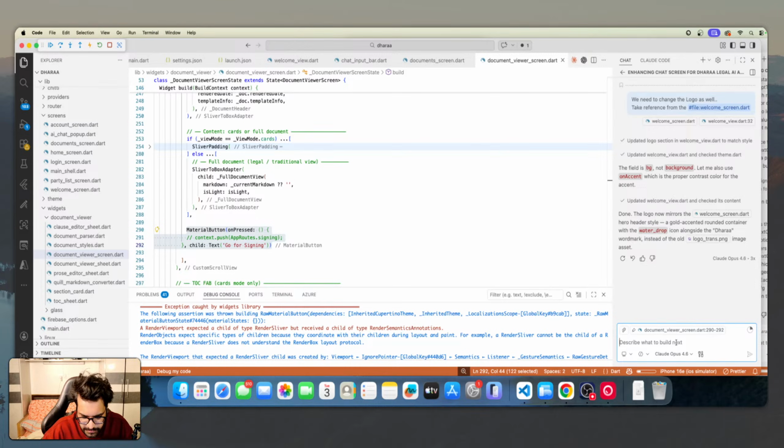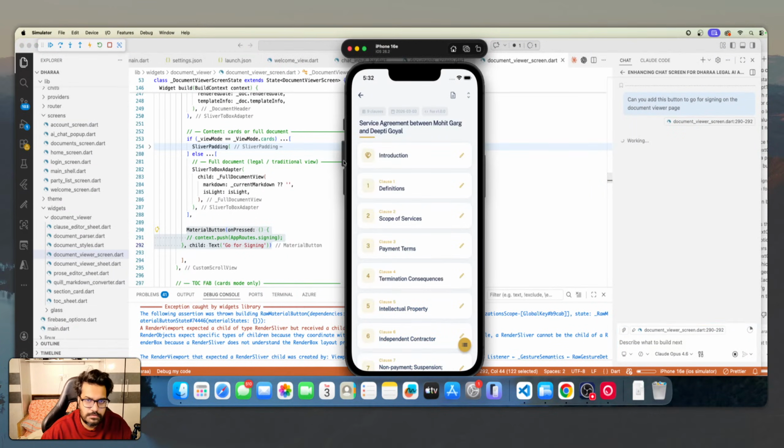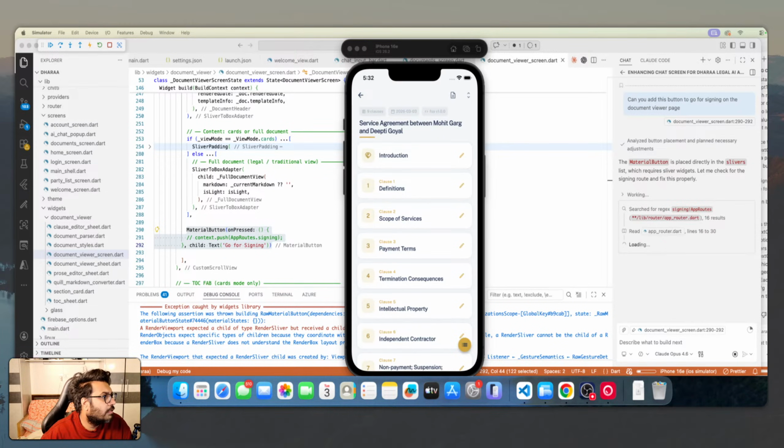Let me ask Opus to do it. Can you add this button to go for signing on the document viewer page? Okay, while this is happening, I think I should create the